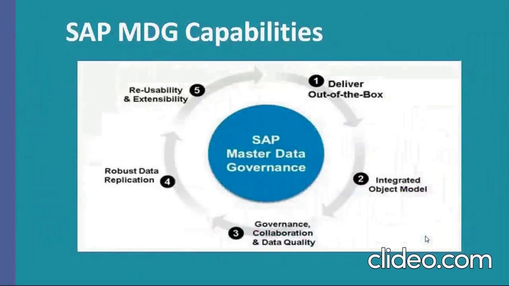Now, coming to SAP MDG capabilities. We always have to understand that MDG has three main pillars. The first pillar is data quality. It will give you the best data quality approach so far. Secondly, extension of the existing record. Whatever master data you are creating, you can extend for future purposes. That is another pillar. And the third one is the governance framework.